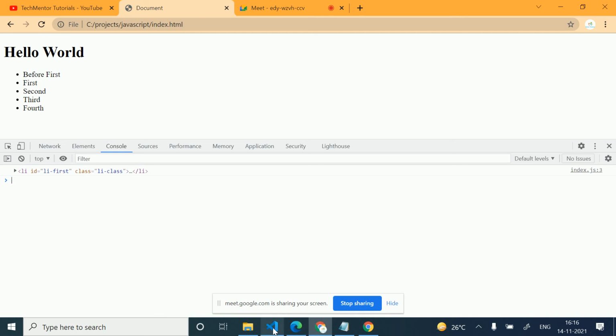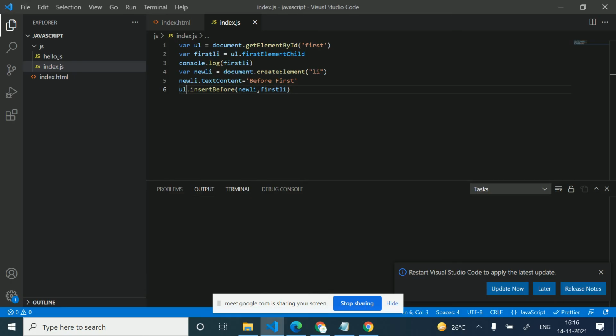There may be some confusion: we are inserting into this ul, so we call this function on the ul. What we are inserting goes in as the first parameter, and the second parameter is the position, so we insert the new element before the first element.